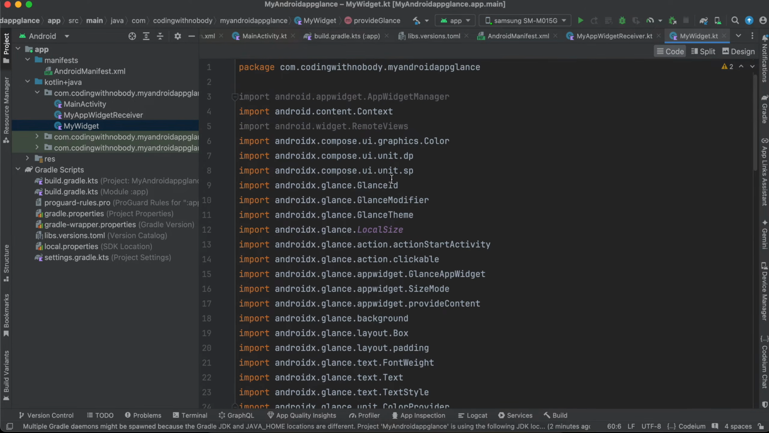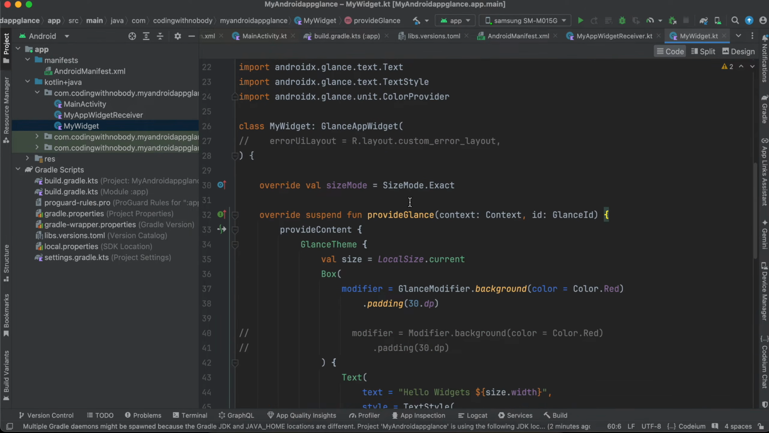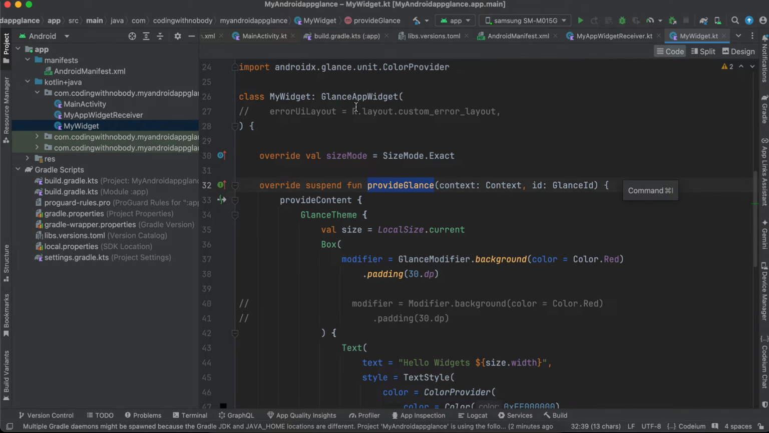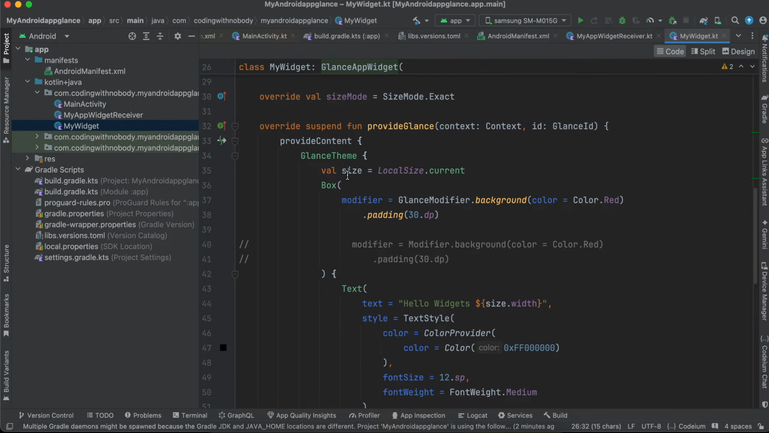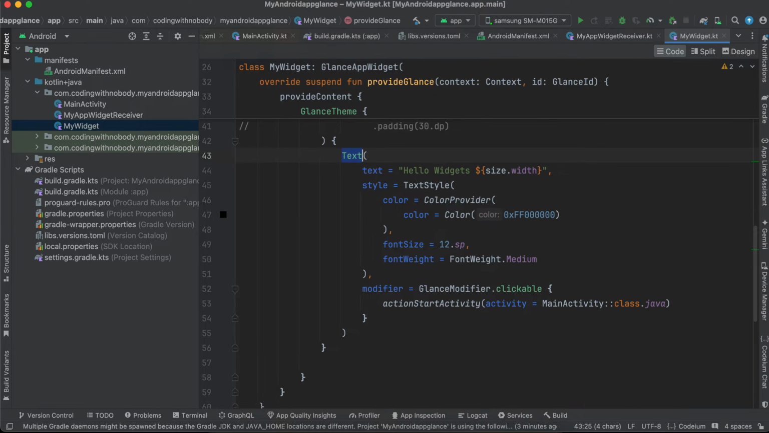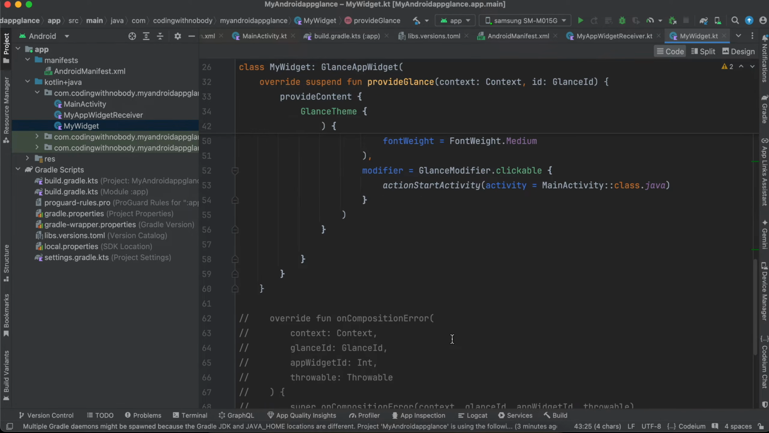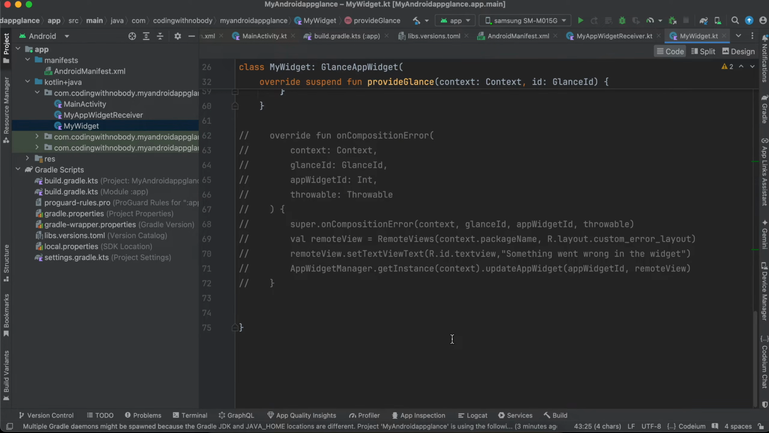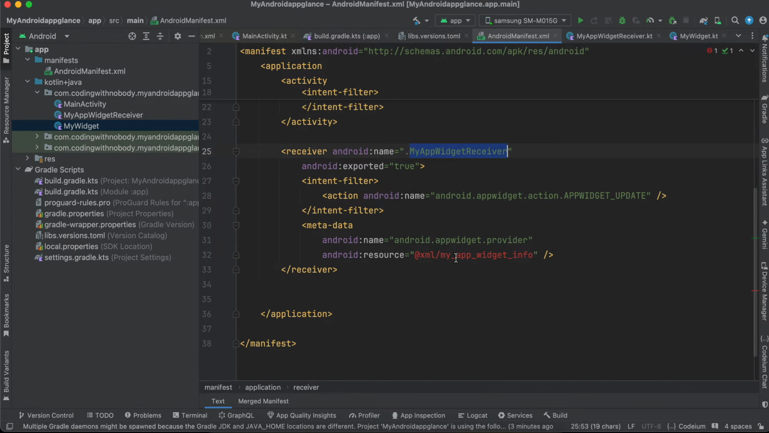So all we have done is that these are all the imports which I have, and here we are overriding this particular method because we extend this. And here this is our glance theme. Here I'm getting the size. This size is also not necessary for you. Here I have just hard coded some Jetpack Compose code, so box, which is kind of like a container, and here I'm just displaying a text element. That's it. Okay. All right,